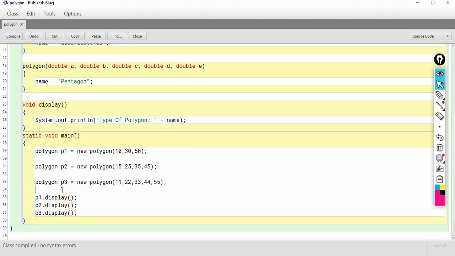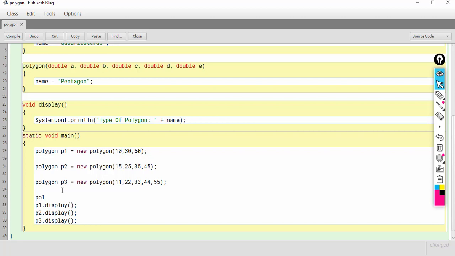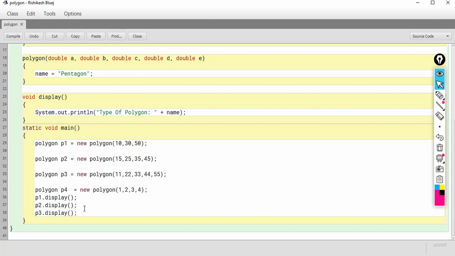Now let's create one more object here, just so that we can see another example. So polygon P4 is equal to new polygon, and this time I pass let's say 4 arguments, 1, 2, 3 and 4. And this time I will call P4 dot display.